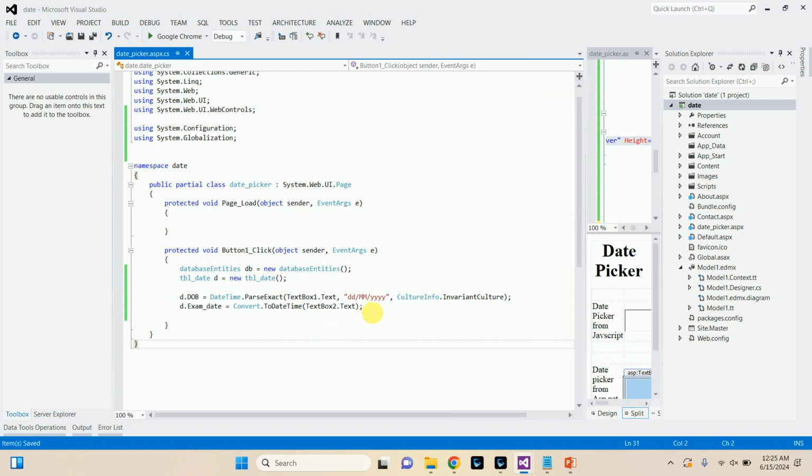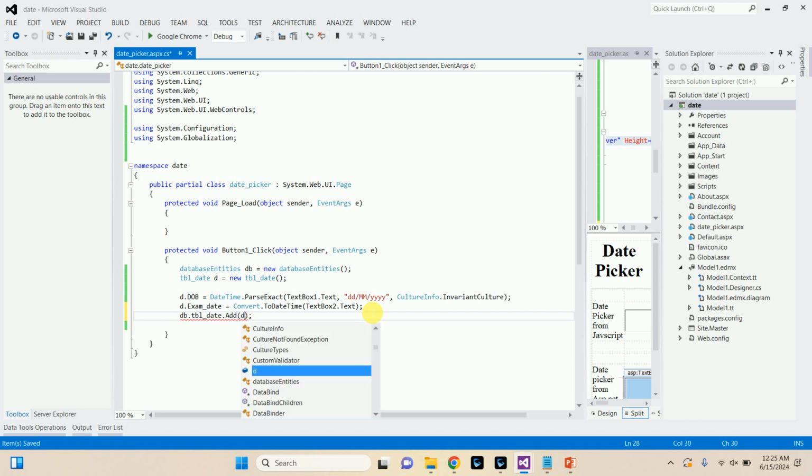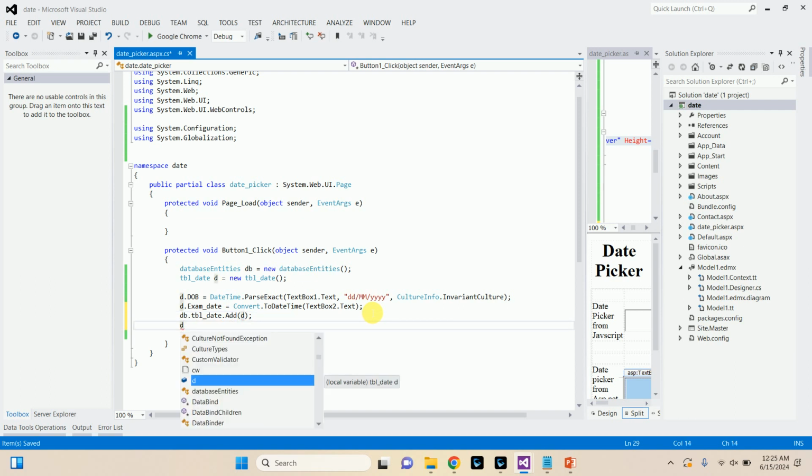Alright. db.tbl_date.add object, the object is d. db.savechanges